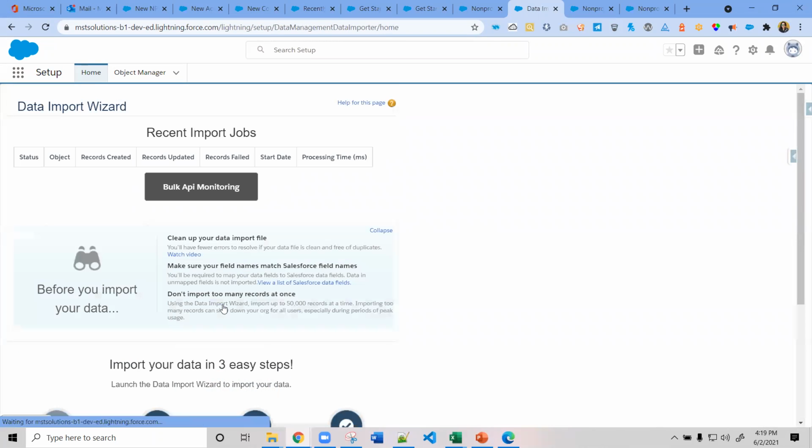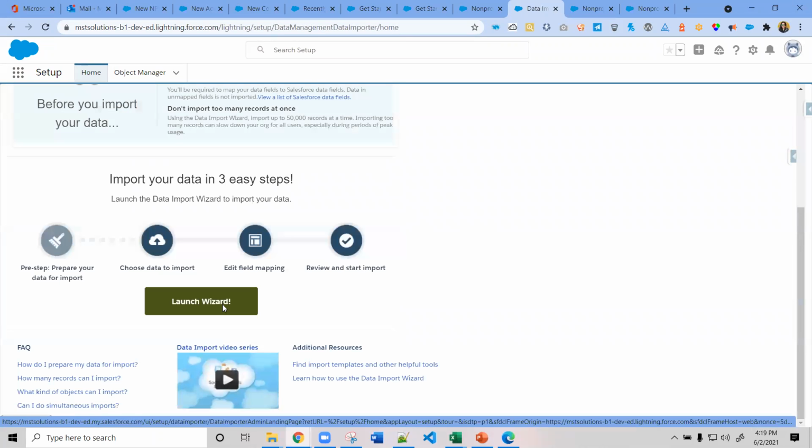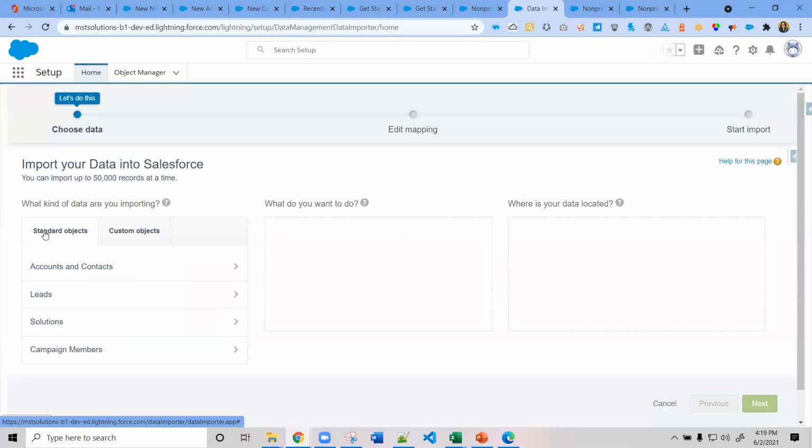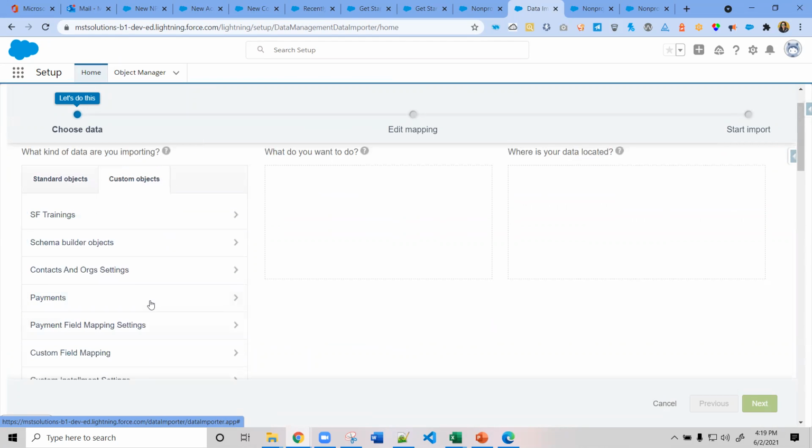By clicking this launch wizard, if you navigate here, it will show the standard object as well as the custom object. So we are going to load the data in the NPSP data import, which is the custom object.